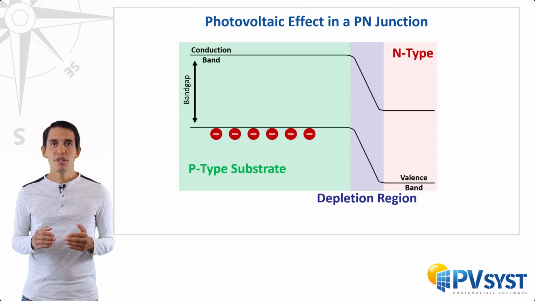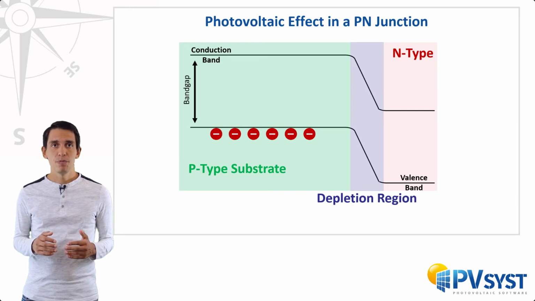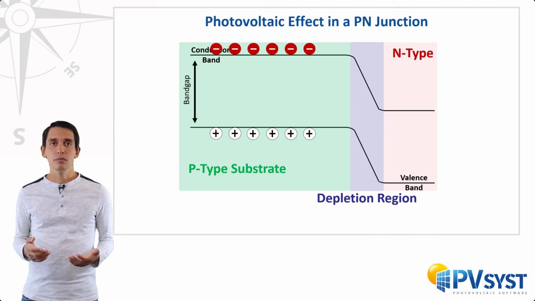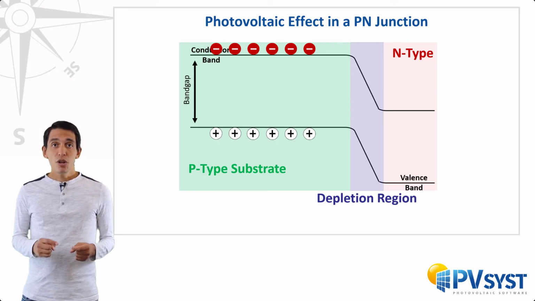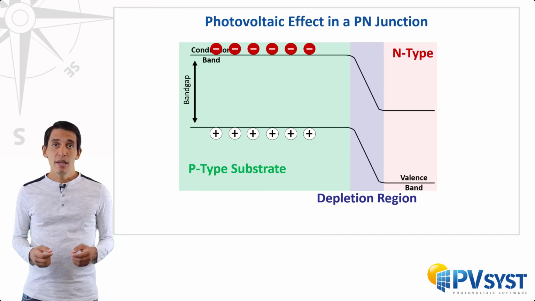There will be many electrons at the top of our valence band and almost no electrons in the conduction band. When photons of sufficient energy are absorbed by our material, we will generate mobile electron-hole pairs. Next, the charges will begin to diffuse. Importantly, when there is a slope in the band diagram, electrons in the conduction band can only move downwards, and holes in the valence band can only move upwards.